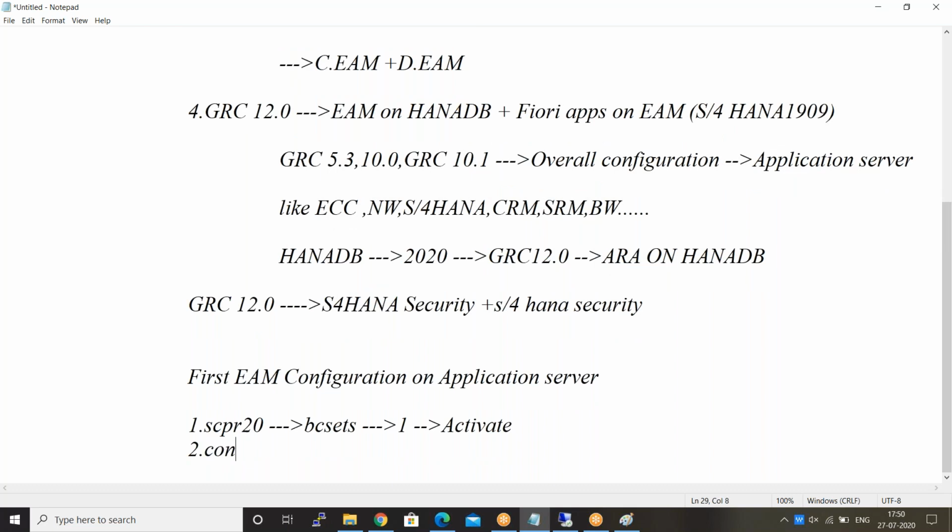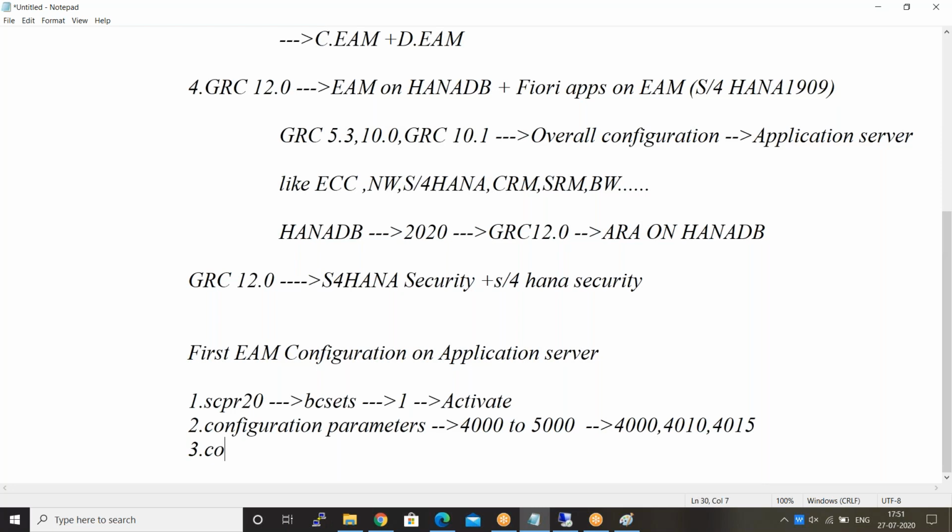Next is to check the configuration parameters. What are the configuration parameters here? The range is 4000 to 5000, these are all the EAM configuration parameters. Out of these, at least right now you can check 4000, 4010 and 4015. Why? Because we want to know what kind of firefighting 4000 is for: application based, like user-based firefighting or role-based firefighting. 4010 refers to what kind of role is assigned. And 4015 is for decentralization. So you can check all these parameters.